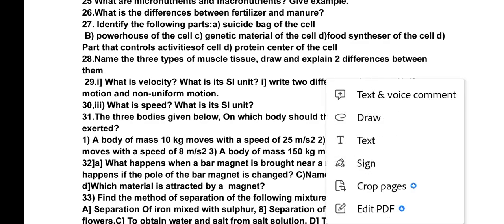What is the difference between fertilizer and manure? Fertilizer is a chemical compound which is artificially prepared, for example urea. Manure is a natural material which is prepared by using the wastes of plants and animals. For example, the manure prepared by the earthworm is called